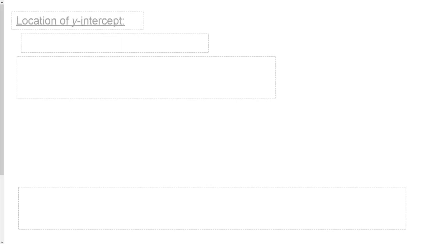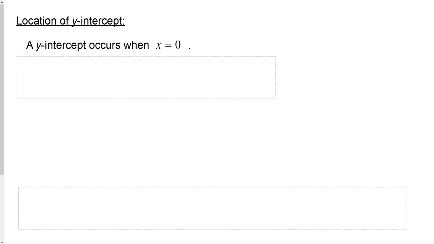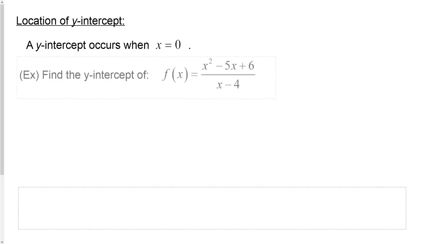Next up, let's take a look at the location of y-intercepts. A y-intercept occurs when x is equal to 0. So we want to find the y-intercept of the function f of x equals x squared minus 5x plus 6 over x minus 4. So if I want to determine the location where x is equal to 0,